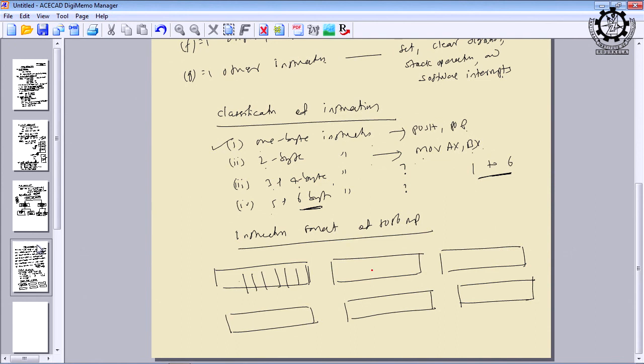If you see the total number of general purpose registers, it is maximum 8. Therefore, 3 bits are allocated for identifying the register. Then the base value: as I told you, sometimes you will be using the base addressing mode. So, some bits are reserved for the base value, some bits for the index value, and some bits for the displacement value.